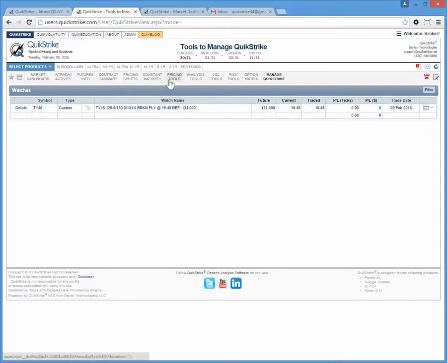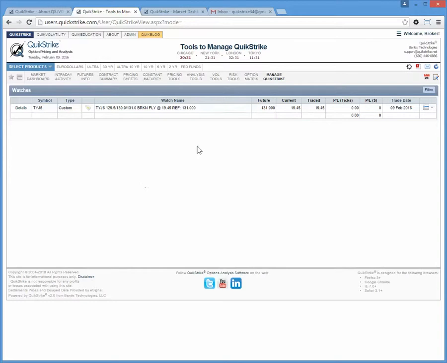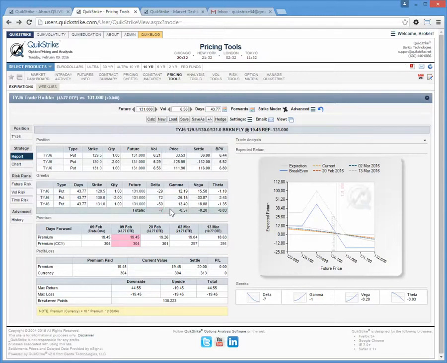The other option that you get as part of the trade builder, and I'll show you a couple different places where the action I mentioned will come into play, is the ability to send notes directly from QuikStrike to a customer. So let's go to our trade builder, and what you can do here is, from the trade itself,